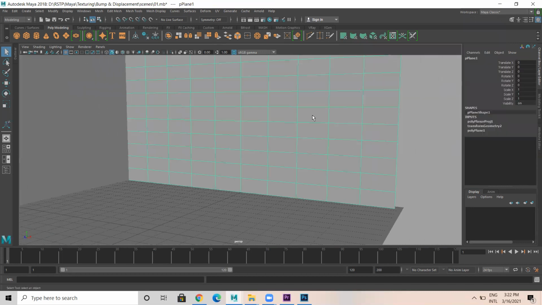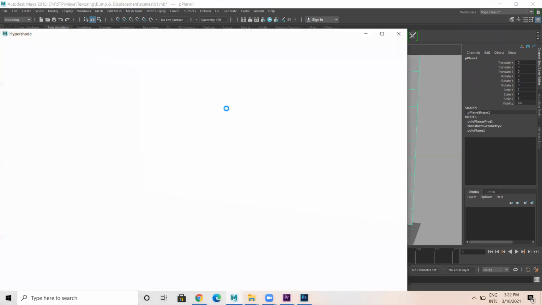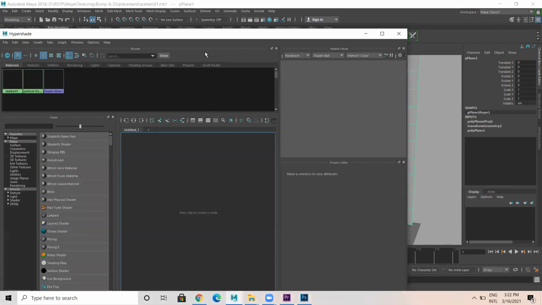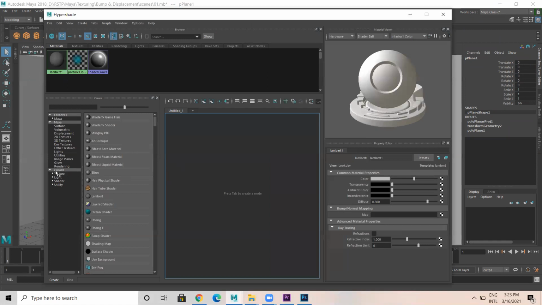Now let us apply the brick material. So go to Hypershade, click on this, you get Hypershade. So here let us select Arnold. Okay, this time let's see.